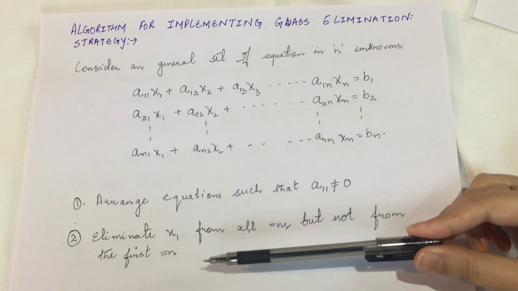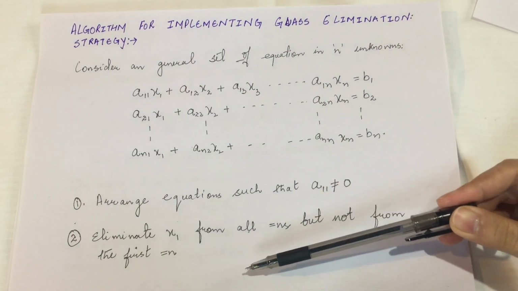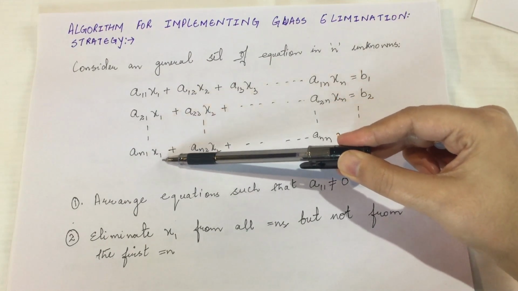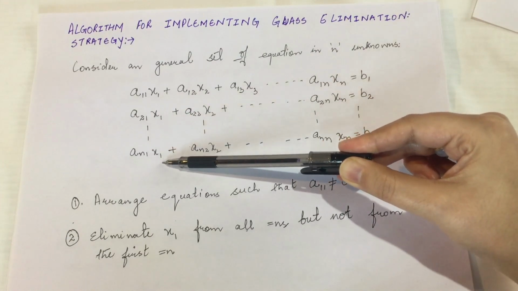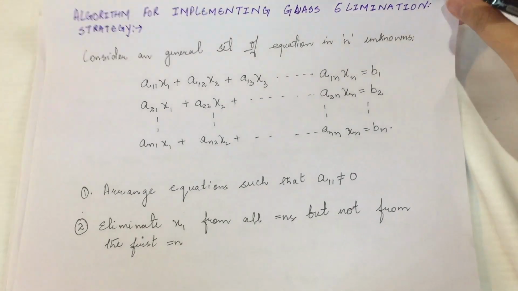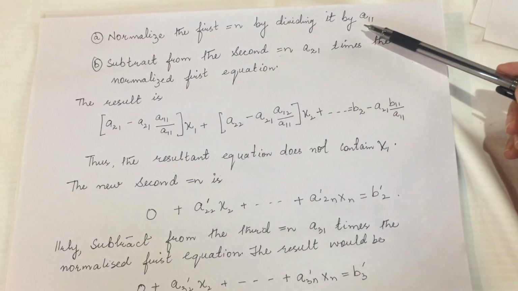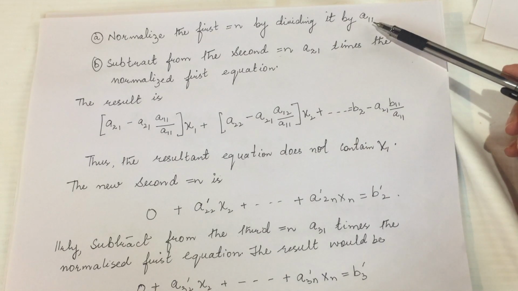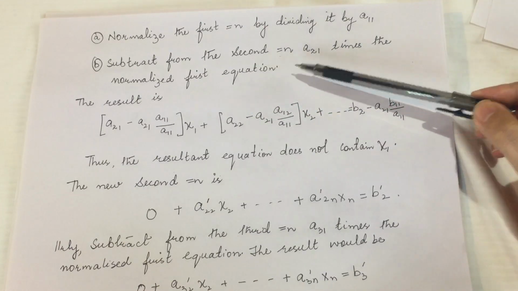Then we eliminate the x1 from all equations but not from the first equation. This variable x1, the term x1, we are trying to eliminate it from all the other equations but not from the first one. How do we do that? We do that by first normalizing the first equation by dividing it by a11. We first of all divide the first equation by a11, that is the coefficient of the first term in the first equation. Then we subtract from the second equation